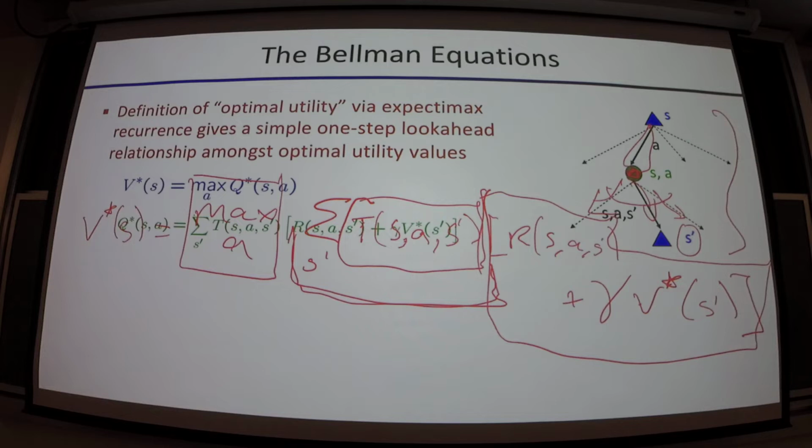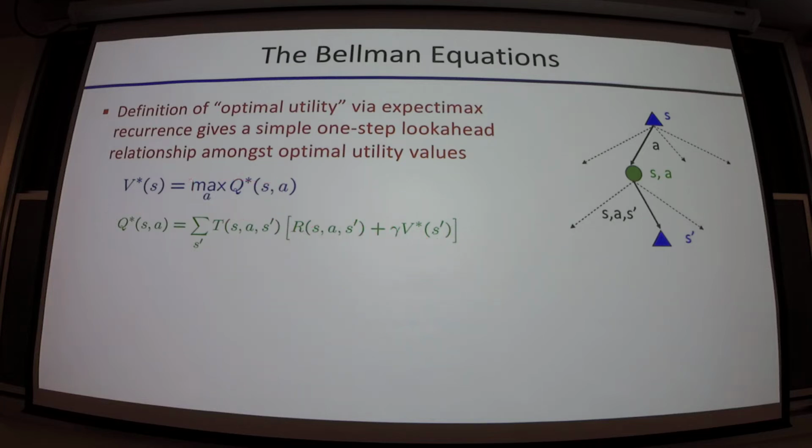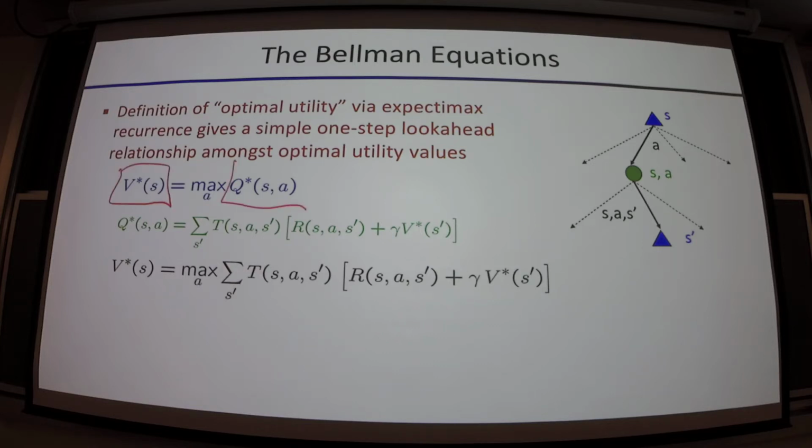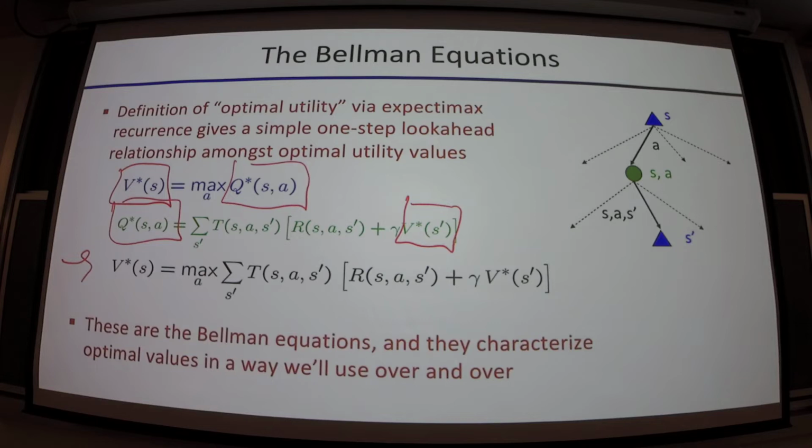And I guess here we express it with respect to the intermediate Q states, which we could also do. I wrote it in line, but you can break out the value of the Q states here, right? And so we're relating V stars to our Q stars, and our Q stars to the next steps' V star, right? Written in line is what we just did. And that's this here. This is the Bellman equations. Right? Okay. So they characterize optimal values with respect to other optimal values, but it's not really describing how to solve them, right? It's just a characterization.